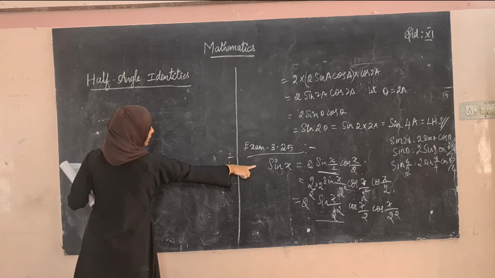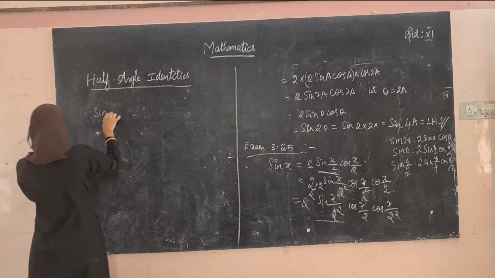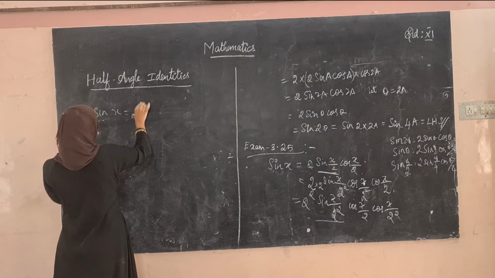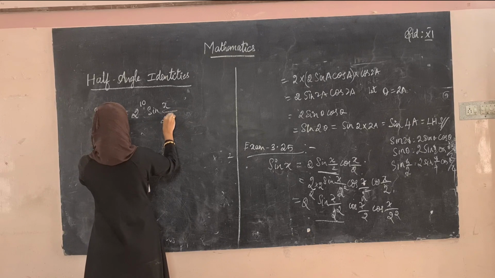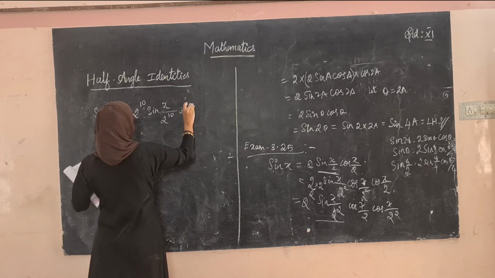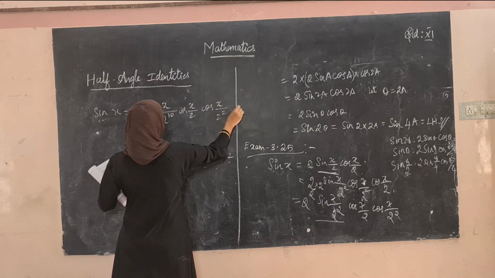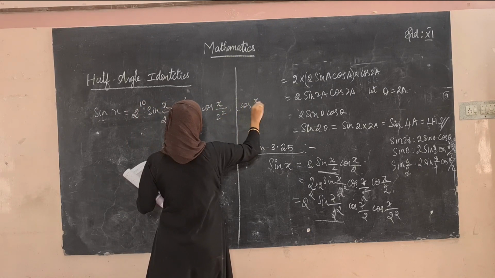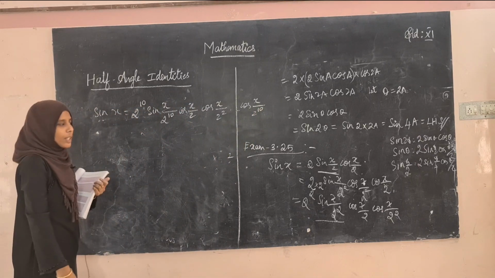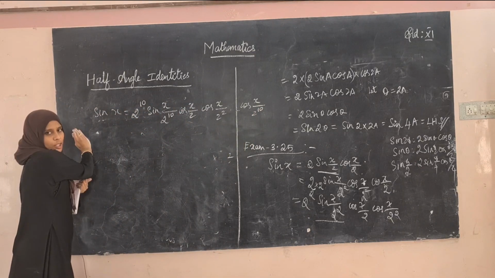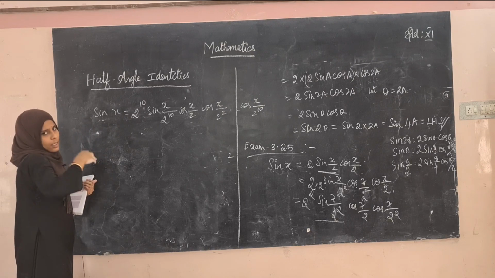So on the left hand side it is already sin x. There is no change in sin x, right? So sin x is equal to 2 power 10 sin x divided by 2 power 10 cos x divided by 2 cos x divided by 2 square, and it goes on and stops at cos x divided by 2 power 10. So this is what they have asked us to prove in the question, right? So we can stop here because they have asked only till this. If you want, we can extend this infinitely many times.